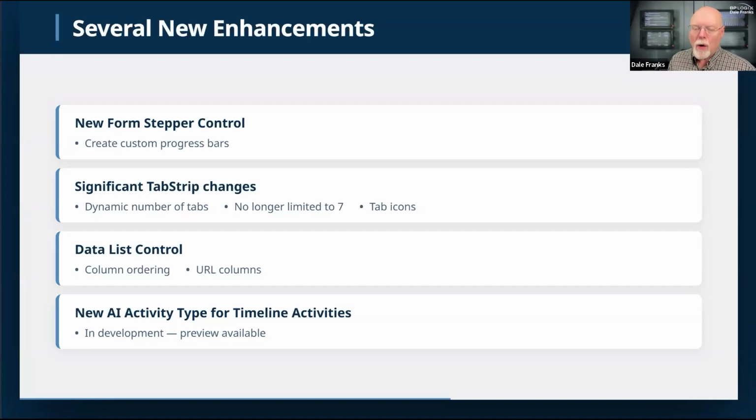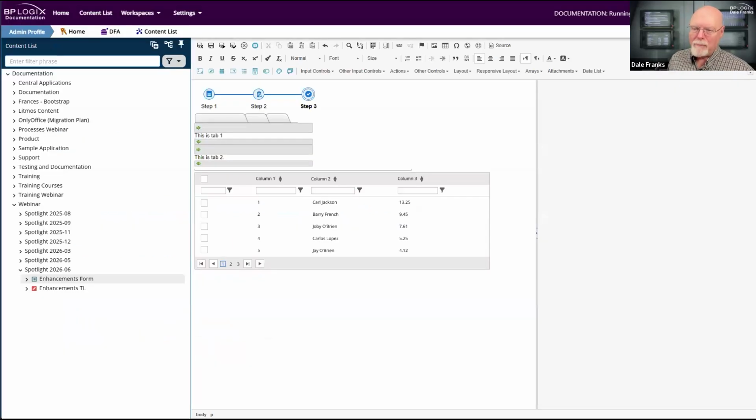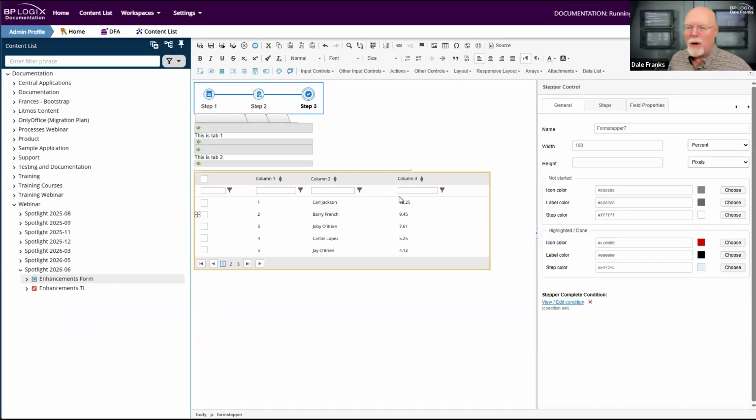So we're going to take a look at that first today, and it is this first control right up here at the very top of my design view of my form. This is what the stepper control will look like in design view, and it in fact is very similar to what it will look like when the form is running. There are two tabs that have to be configured to make the stepper control work properly, the General tab and the Steps tab. Let's just take a quick look at each one of these.